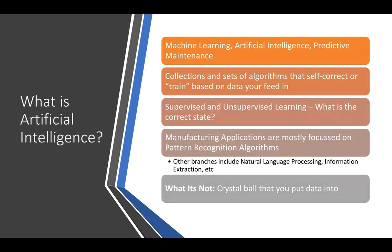So with that, now that we sort of have goals in place, I also want to sort of talk about the how and the what. So like, what is artificial intelligence? Because that's a very nebulous term. There's even sort of that sci-fi aspect to it in some ways, right? But really, the terms machine learning, artificial intelligence, or predictive maintenance, they all really are describing the same thing in this sense, which is different collections and sets of algorithms that self-correct or train based on the data that you